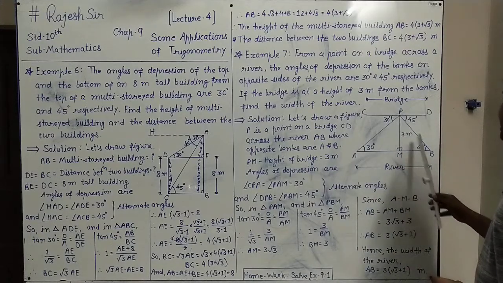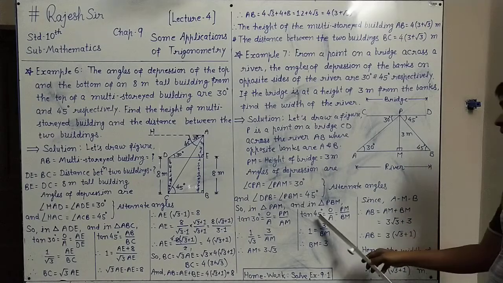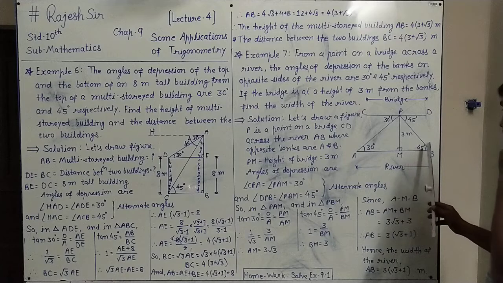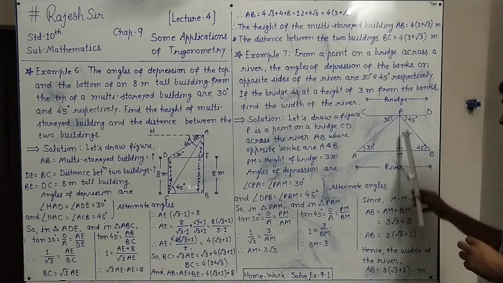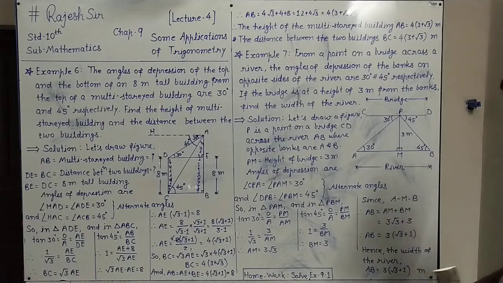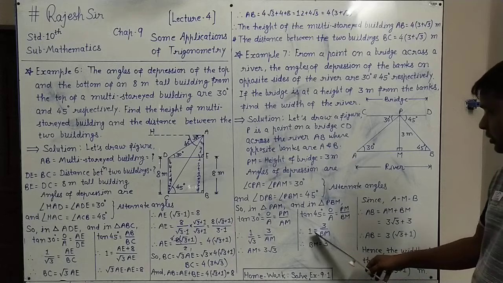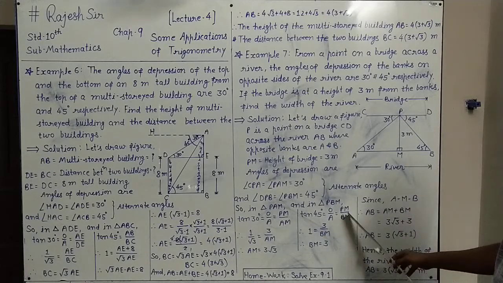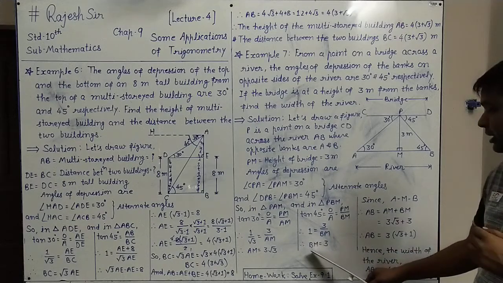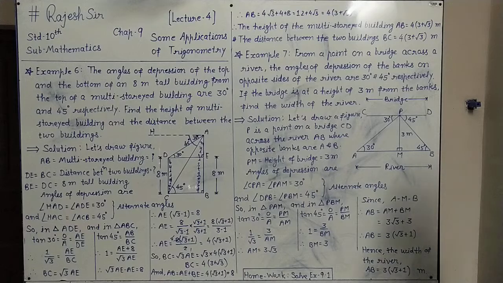And next triangle, triangle PBM, this is 45 degree, so tan 45 degree equals, here also opposite upon adjacent. In this triangle, for 45 degrees the opposite side is PM, upon adjacent is BM, that we have placed. Now from the trigo table tan 45 degree is 1, that is placed here, equals PM is 3 upon BM as it is. Here also BM is taken on one side, so 1 into BM is BM equals 3. So BM is also 3, we found.